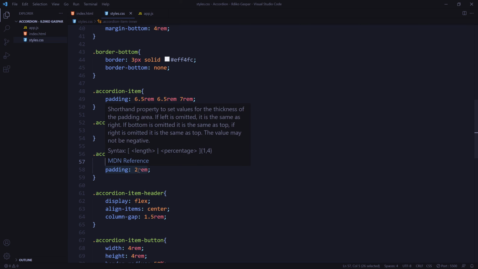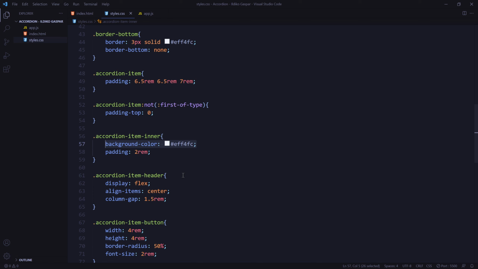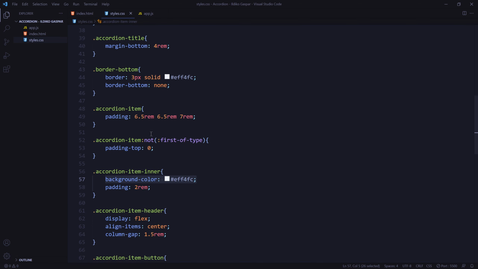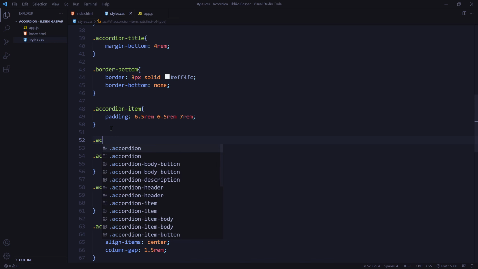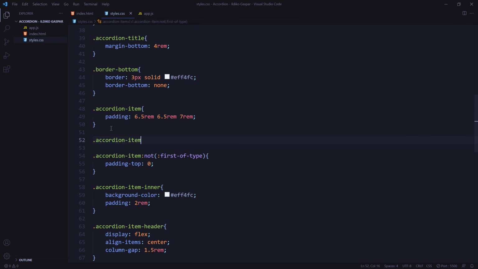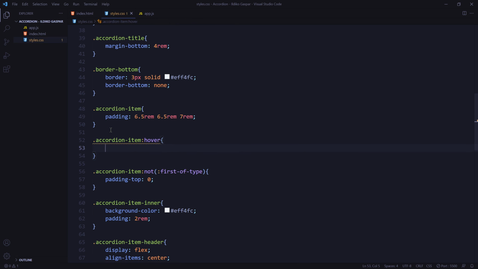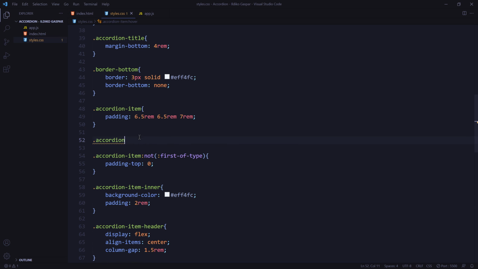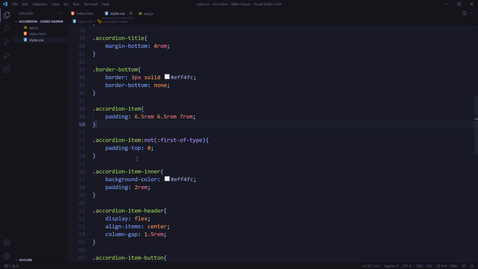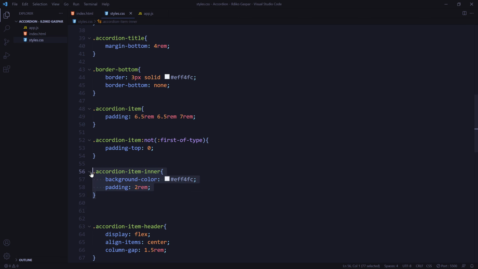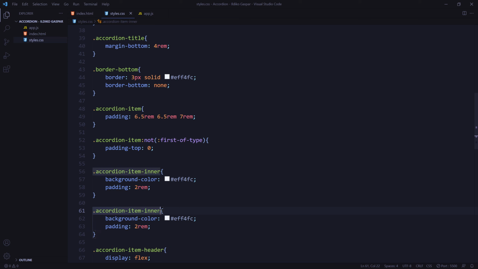So what I can do here is actually say that when I hover my item, for example, we can say accordion item hover. I want to, well, not the accordion item, obviously it has to be this one, since it will be the same deal with the background, just spreading all across the entire accordion. So let me just copy this, paste it down here, change this to hover, and then get rid of the padding. And I'll do the same thing for the